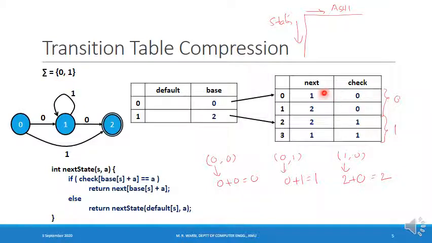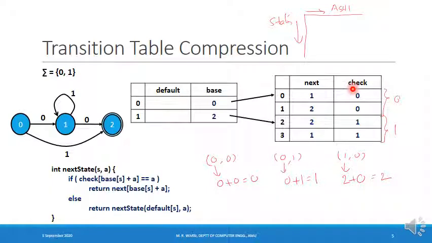Since these two entries are for state number 0, I write 0 over here, indicating that it's a valid entry for state number 0. Now these two entries are for state number 1, so I'm writing 1 here, indicating that these two are valid entries for state number 1. So that is the purpose of the next array, and that is the purpose of the check array.